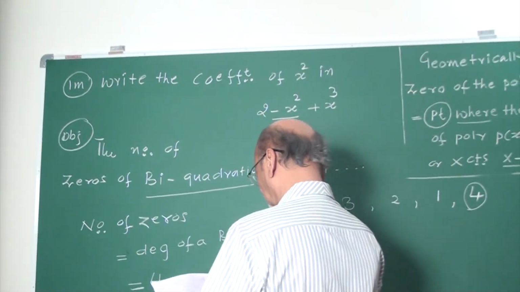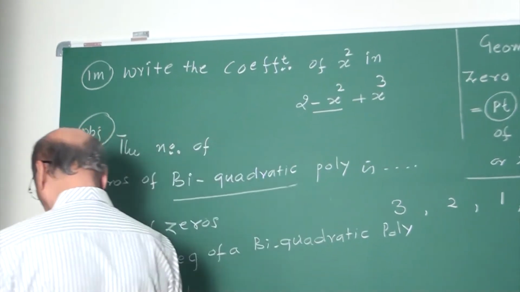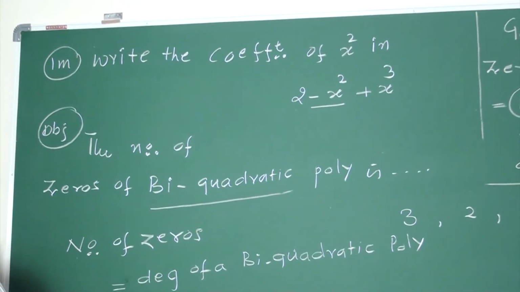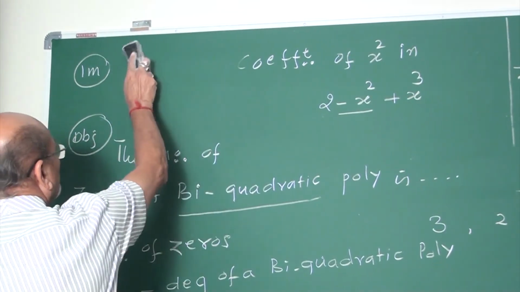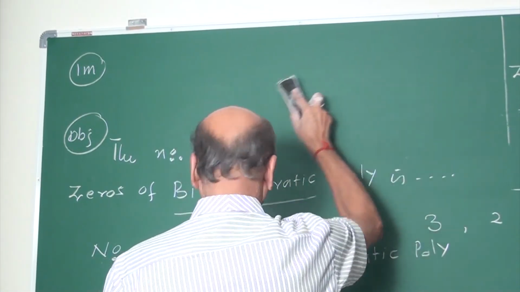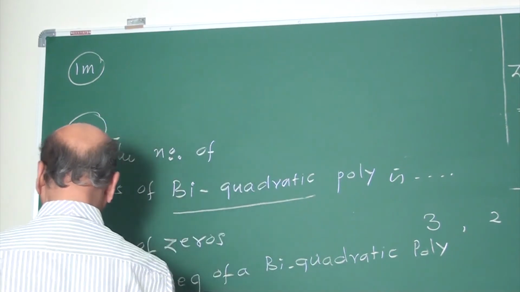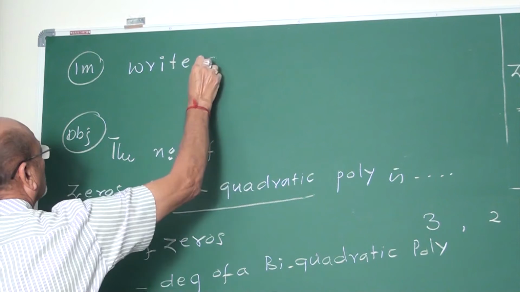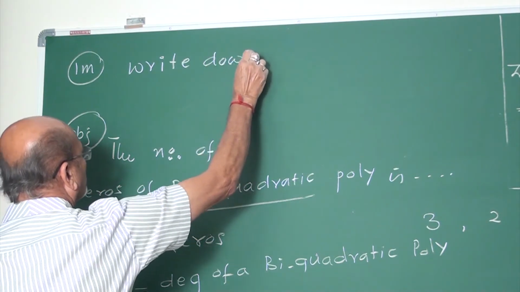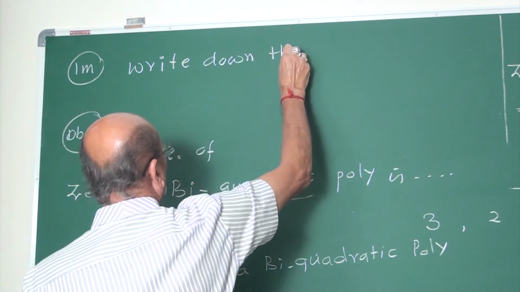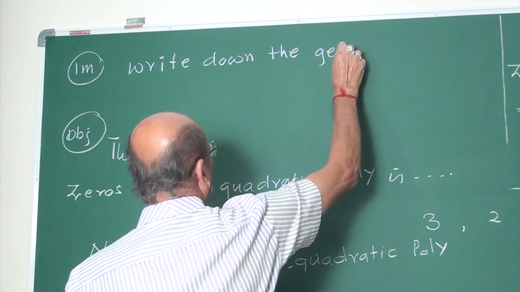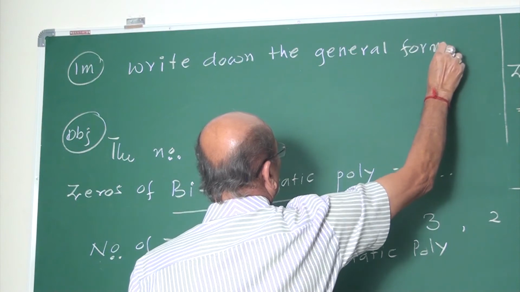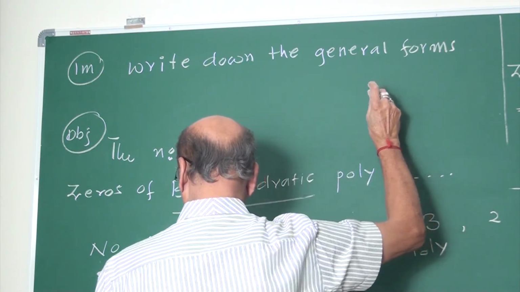Yes, my friends. Like this, under 1 mark, the examiners may give these things. The first is: write down the general forms of